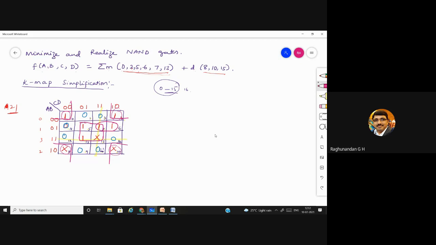See, the more the number of members you have in a group, that is, the more boxes you have in a group, the lesser will be the equation size. So you can easily simplify it. Okay, and you cannot have three boxes together to form a group. Why we cannot have 3 boxes, we'll understand when we complete this problem. Okay, and one more rule, you cannot pair the same member more than 2 times.